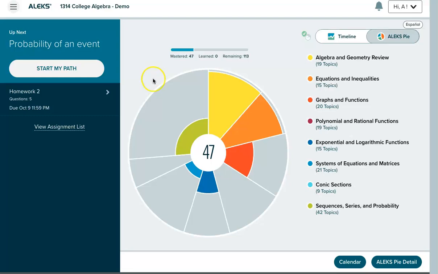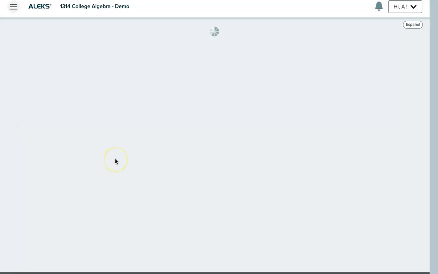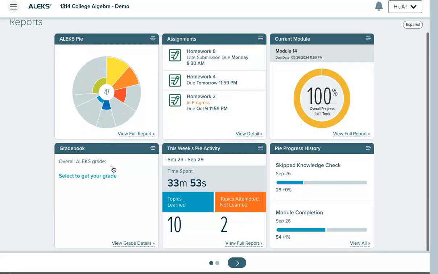Students can always see a full breakdown of their reports in their ALEKS course. When they're in their student homepage, up in the top left-hand corner, they'll see their student menu, and about midway down, they'll see the Reports tab. When they click on the Reports tab, they'll be introduced to all of their ALEKS reports in snapshot form